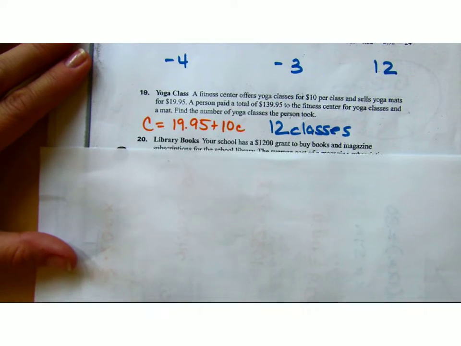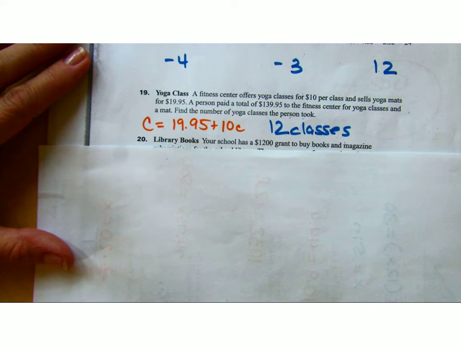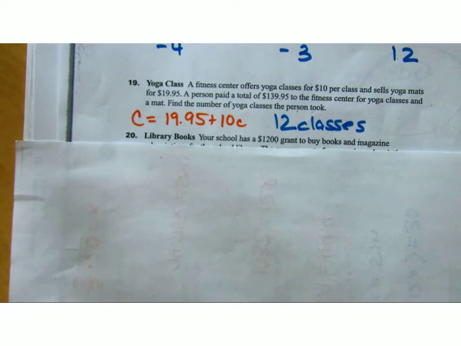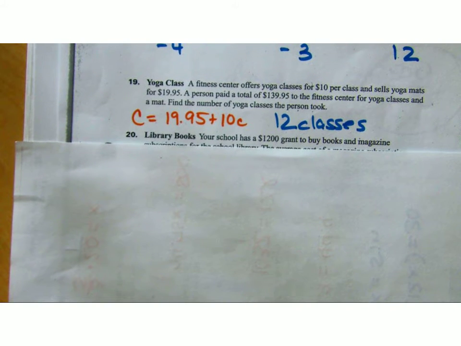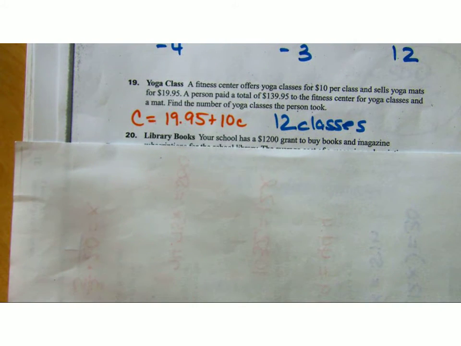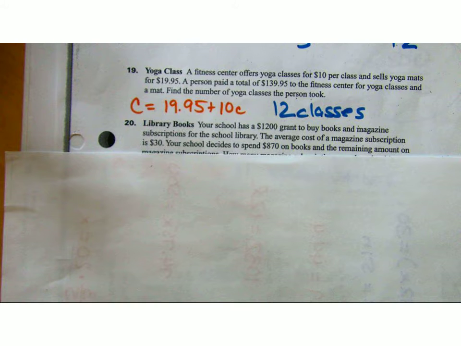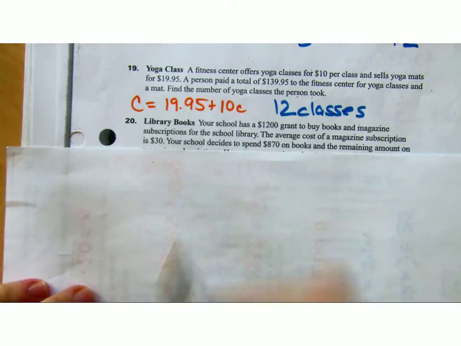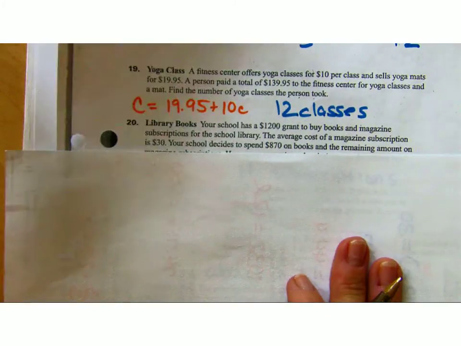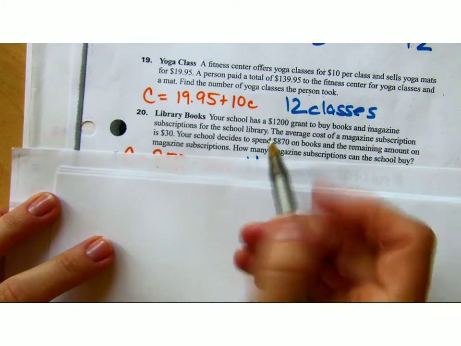Now, this one's a little tricky because it starts right out and says your school has a $1,200 grant. So let's say Mr. Patrick, or what's his name? Mr. Patrick is his first name. Mr. Taylor, when you have two first names as last names. Mr. Taylor says, hey guys, I want to get you some new stuff for the library. I can order books, or I can get some magazine subscriptions. Why don't you give me the title of all the books you want? And so every kid turns in an order, and the total amount of books that kids come up with is